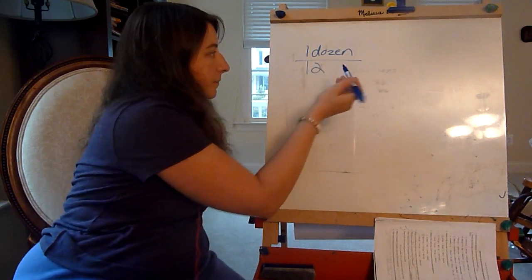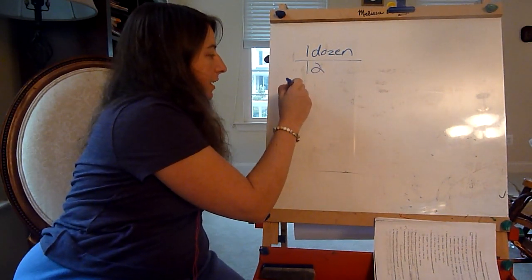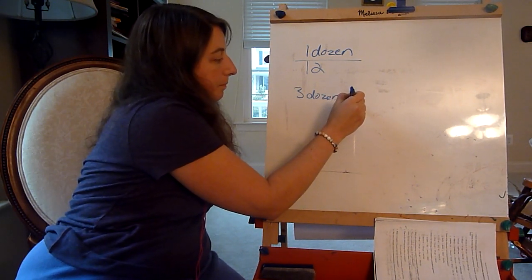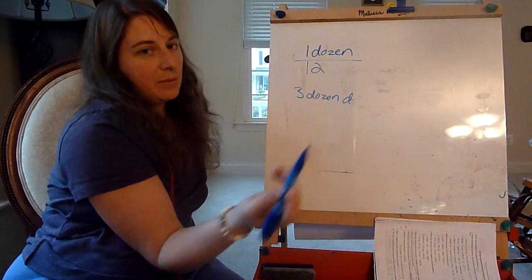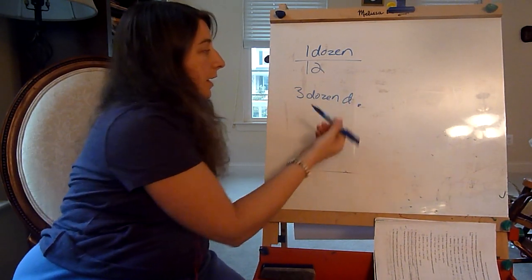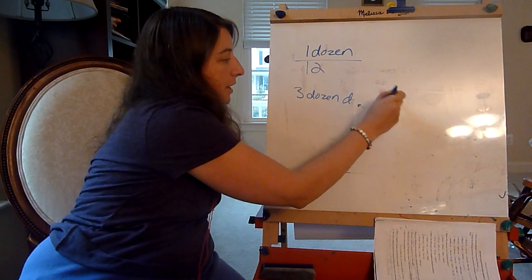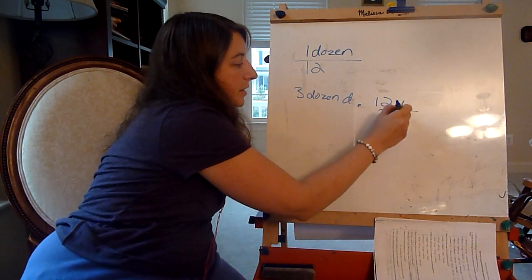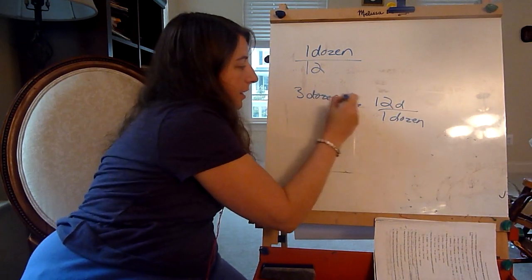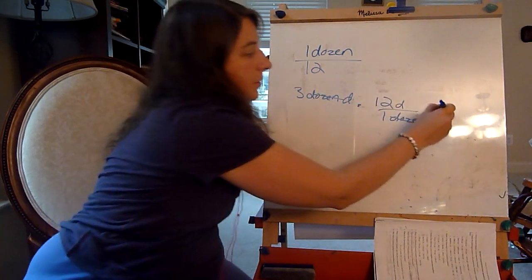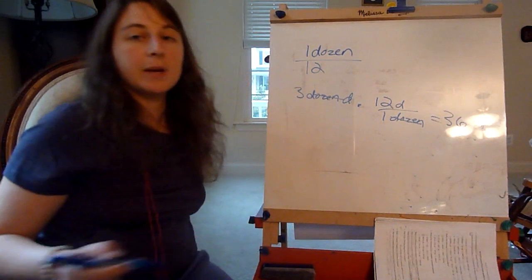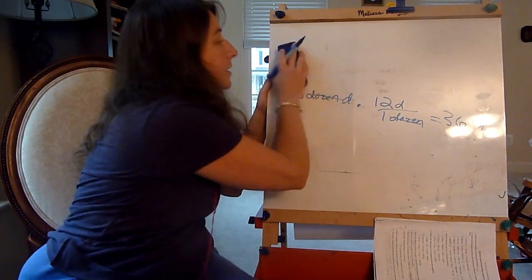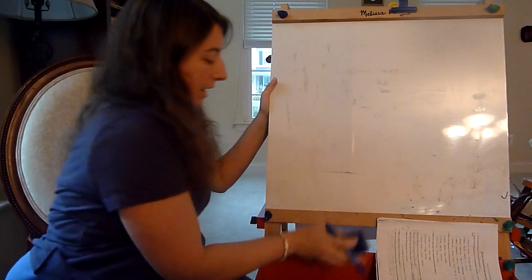If I said, let's see, I have 3 dozen donuts, how many donuts is that? We'll use D for donuts, so I don't have to write it. Then I want to cancel out dozen, so I'm going to say 12 donuts in 1 dozen. I cancel out dozen. 3 times 12 is 36 donuts. That's my answer. Just like there's 12 things in a dozen, we want to talk about today how many things